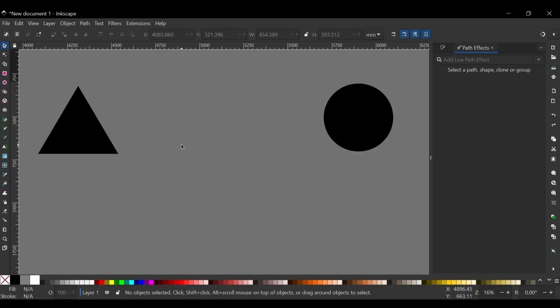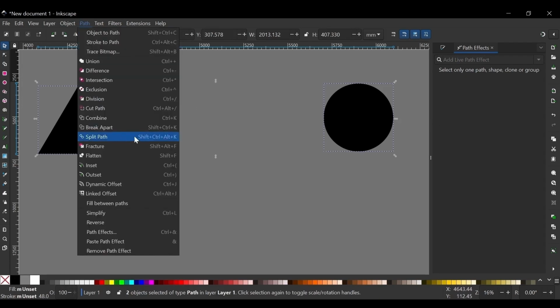The next path effect is the Interpolate Sub Paths path effect. To demonstrate that, I'm going to use these two shapes. I'll click right there and shift click on this one. With them both selected, I'll come over to path, click on object to path, and